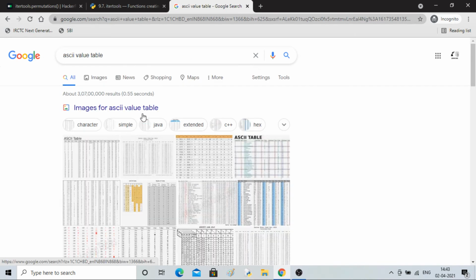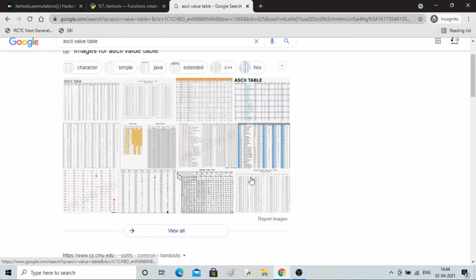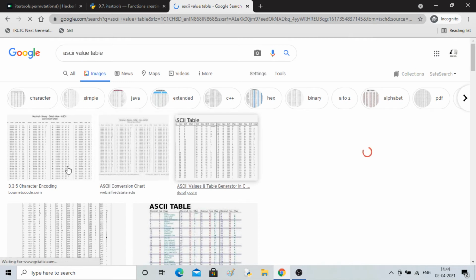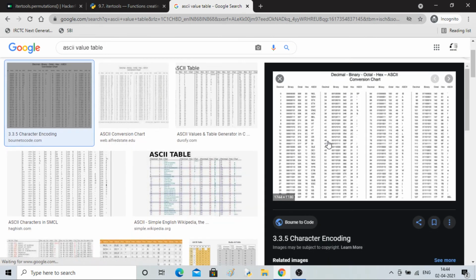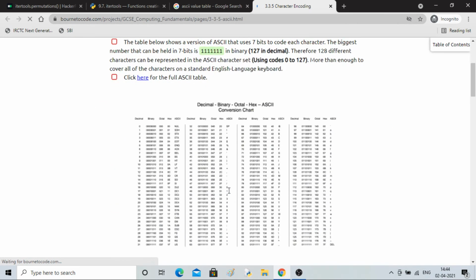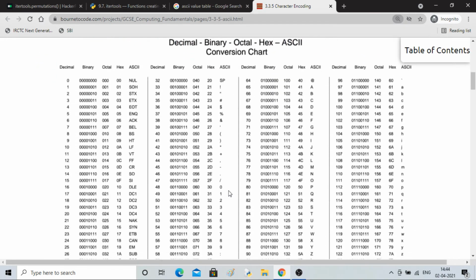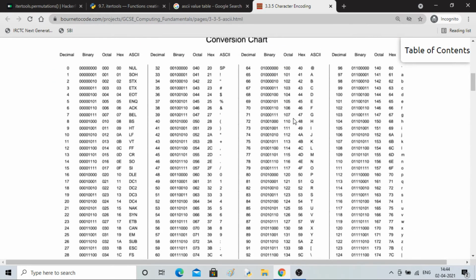It's not necessary that it has to be in Python. So let me take this image. Yeah, here you can see the hex value.